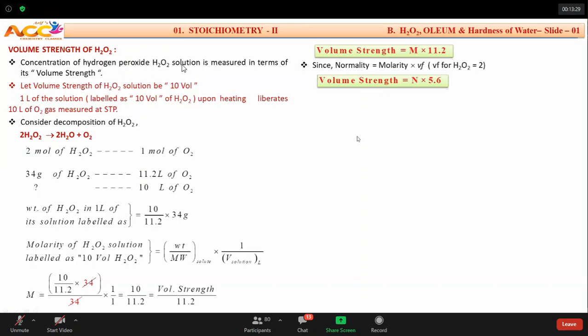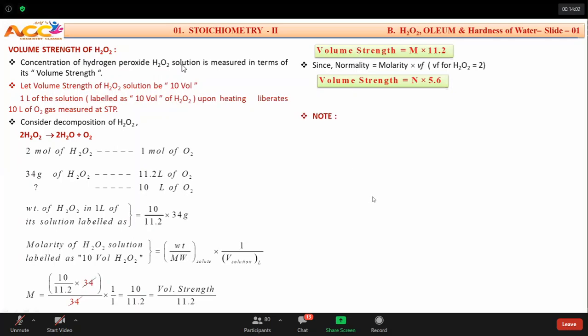All the problems of that can be done, but how you are getting, this is the background of that one. I have to explain all of this, and once you understand this, sir, leave it. I will understand X. Remember only this much. Volume strength is equal to M into 11.2, right? And at the same time, remember this also. One equation you remember: 2H2O2 gives you 2H2O plus O2. It means 2 moles gives you 1 mole of oxygen. All the problems of H2O2, even up to IIT advanced level, can also be done if you remember these expressions.